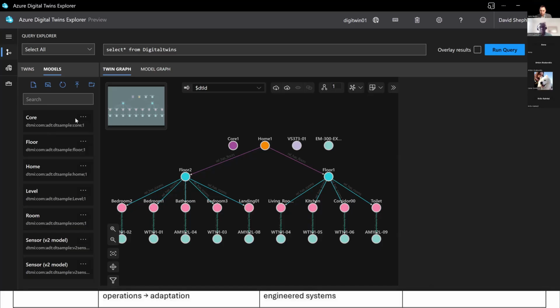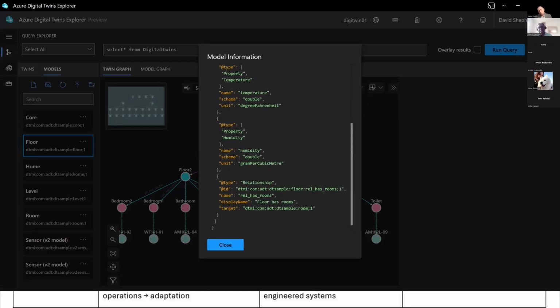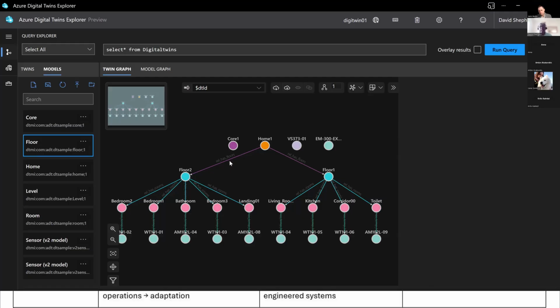Each one of these, just to give you a clue as to what they do, the model is actually just a data structure. It's an interconnected data structure that defines what it is and how it relates to the other data structures. And the good news for people who are on this call is you probably already have a good starting point for being able to do this, which is your IFC data. There are ways that you can move from where you are today to being able to do this and to deliver that kind of value to your clients.